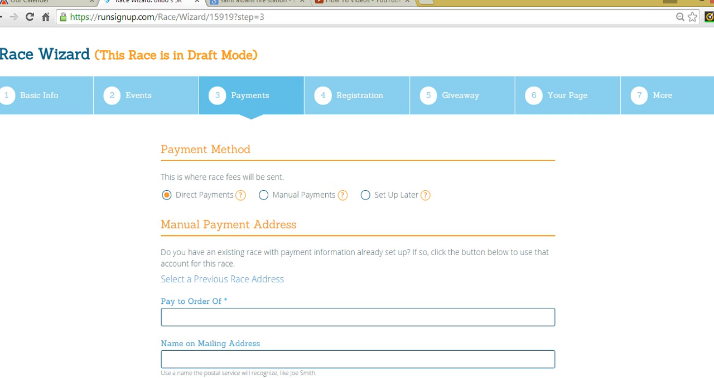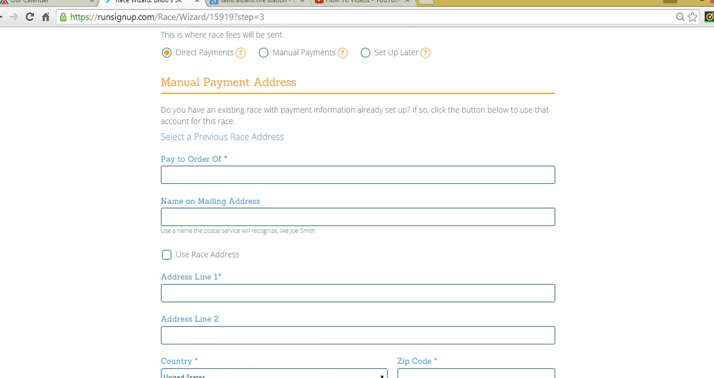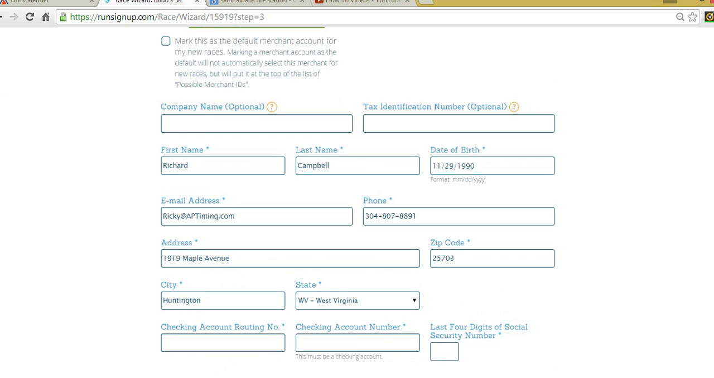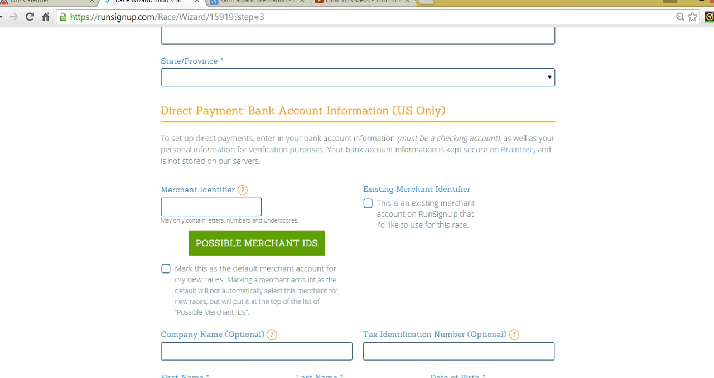So again, two ways. You can do it direct deposit, which is direct payments. You want to double check that this button is pushed, and fill this out, pay to name, and specifically down here at the bottom you want to have your checking account routing number and checking account number and the last few digits of your social security. Once you do that, I think it takes a day to get verified and whatnot,